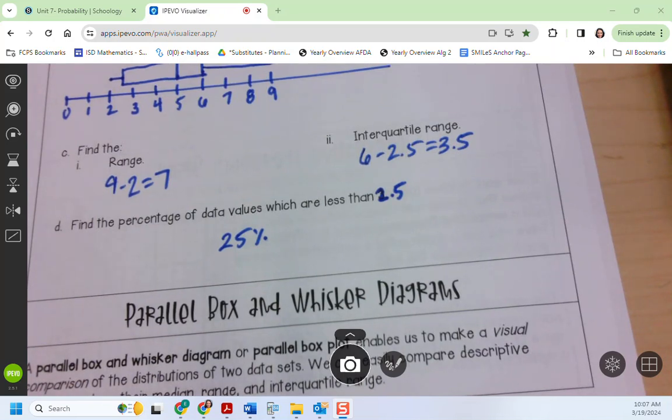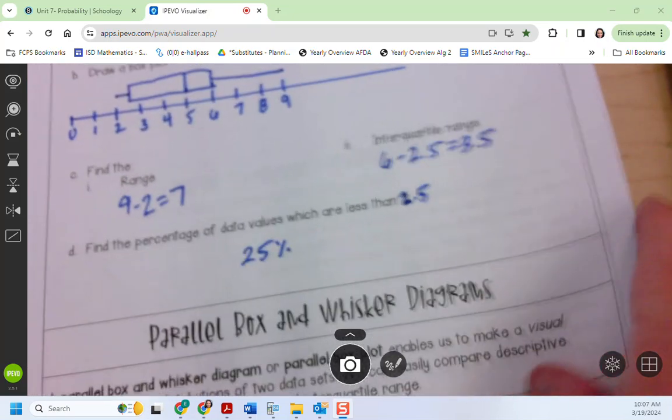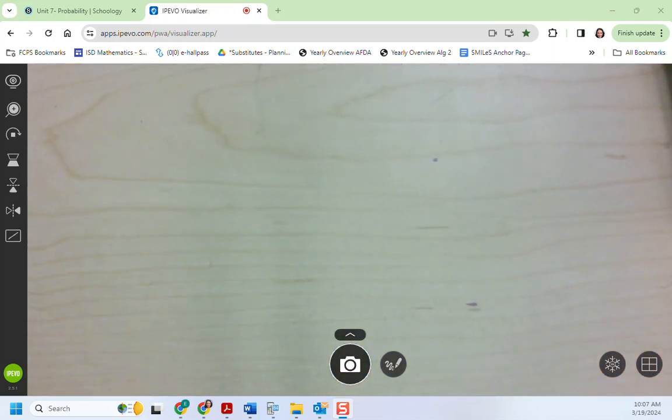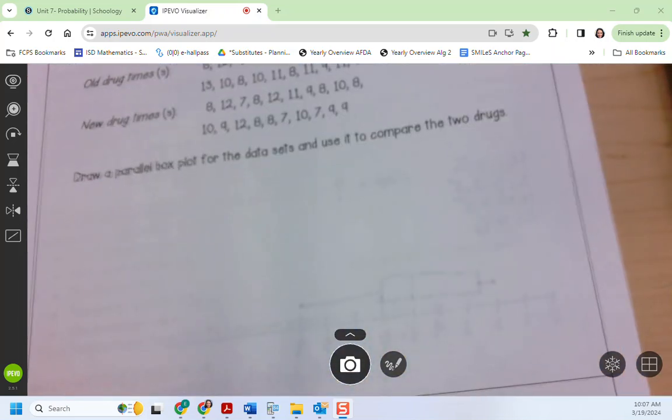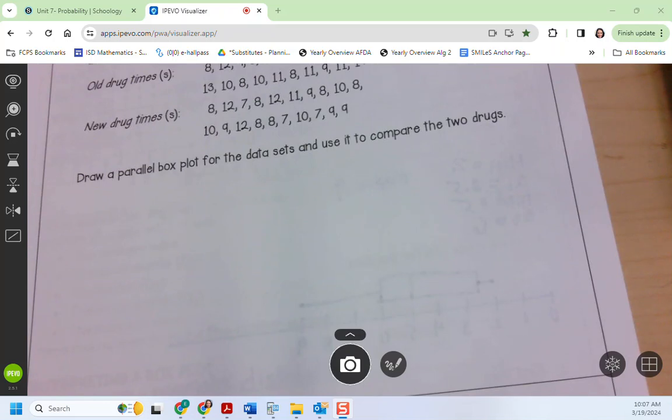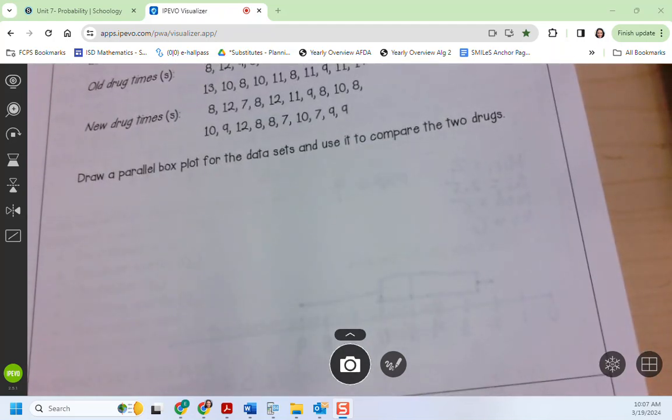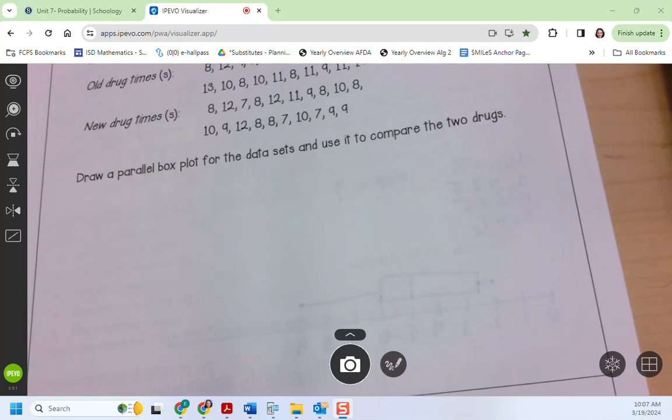So in number 3, we are going to be comparing different anesthetics. We want to see how long they take. So we have these 2 lists of times, and we're going to draw a parallel box plot. So you're going to put each list in to the calculator, and you're going to find your 5-number summary for each, and that's going to take you a minute. So while you guys do that, I'm going to help you get set up with how